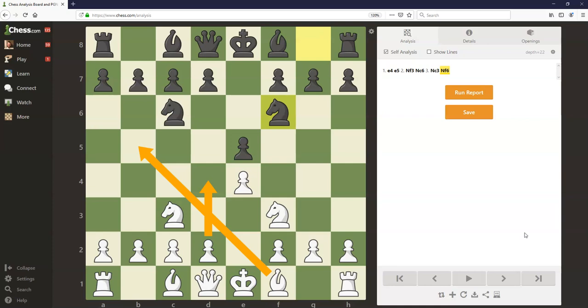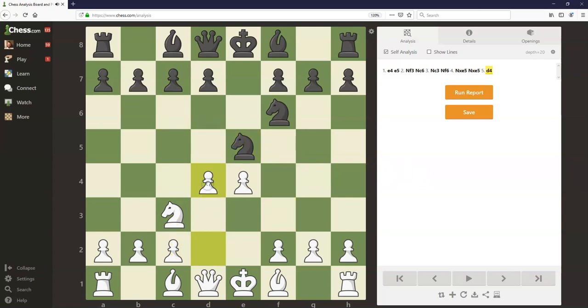But in the Halloween Gambit here, White plays this move, knight takes e5, sacrificing a knight just to wipe out Black's central pawn here in the center. And after Black plays knight takes e5, White's going to continue here with pawn to d4. This is the idea. White's down a piece for just a pawn, but White's going to get a big space